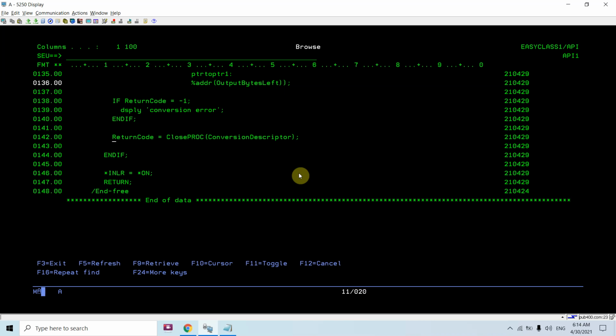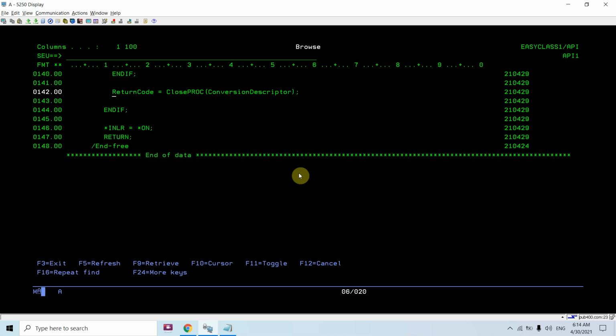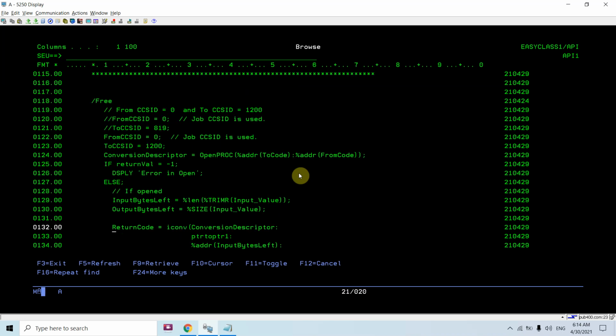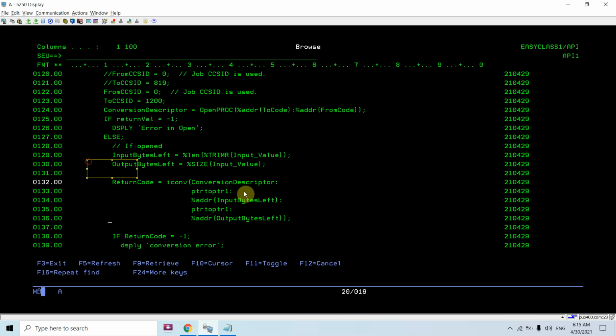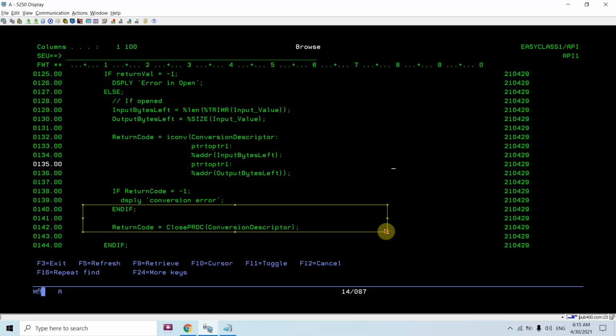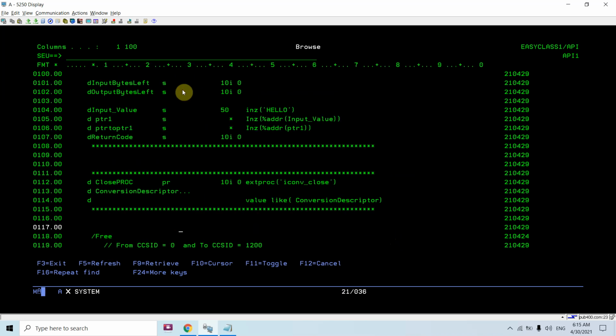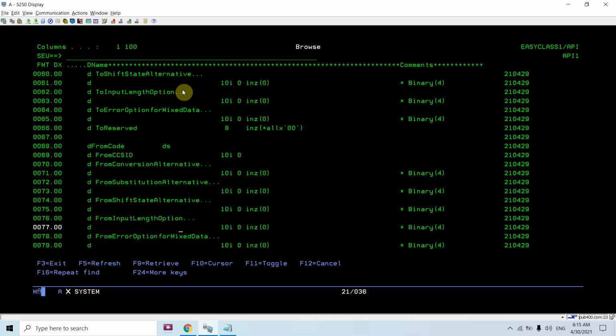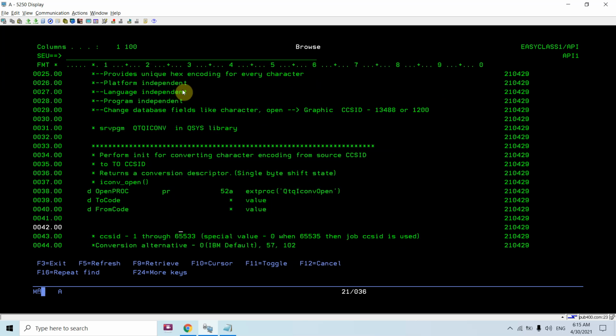If it is -1, then there is some error in closing the conversion environment. So this is all about this API. Not much code, simple code. We just need to open the environment, convert the data, and close the environment. That's the simple thing we need to do. And the above is the declaration part, so that would be the same always whenever you're using this one.